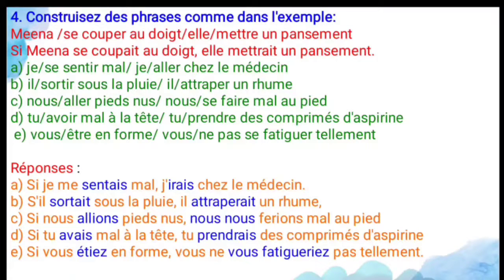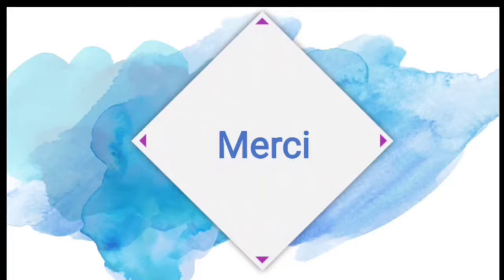So this is all about today's content, that is the conditional sentence. Conditional sentence means it can be used in the French tense, one of the French tenses, and it expresses a future seen from a past point of view. And the si class means what? If class. So they are used to express an imaginary action, and there are three types of si classes. One is si plus présent, another one is si plus imparfait, and the third one is si plus plus-que-parfait. So this is all about our today's video.